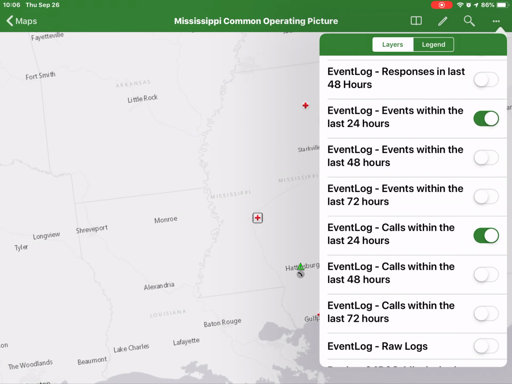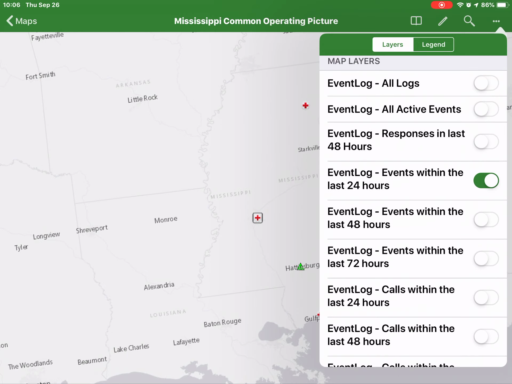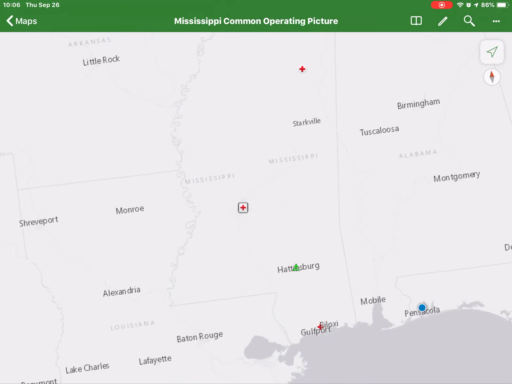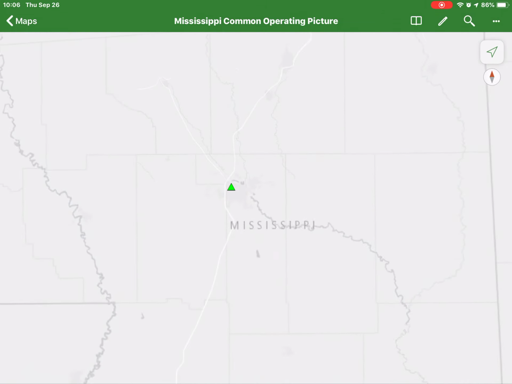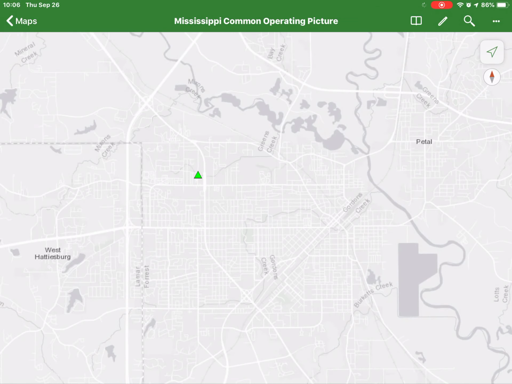We have the calls within the last 24 hours that have come in. I'll go ahead and turn those off, actually. But I will leave on the events from the last 24 hours. So those are all the DAT events that we've responded to over the last 24 hours. And I'll click anywhere on the map to exit out of that layer menu. So I can see this triangle right here over Hattiesburg indicates that we responded to a DAT call there within